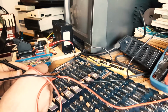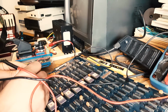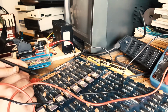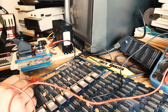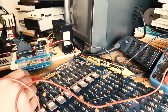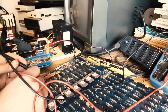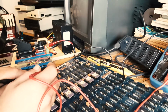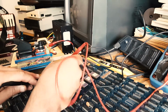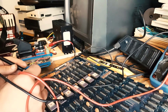Oh. There you go. This fella is actually shorted. So this guy is dead. This capacitor here is dead, and I suspect this is what is causing the issue because it's sending... So essentially, the input is here and should go straight to the 12. Well, actually, we can't check that for sure, but